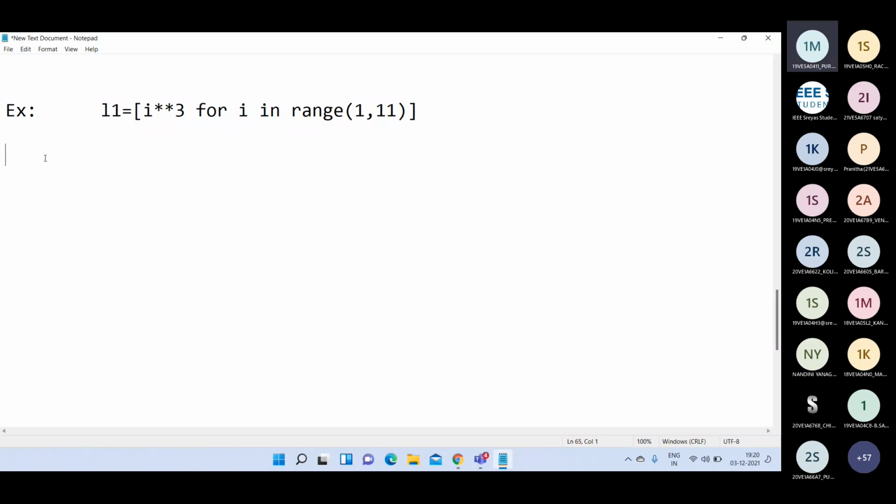That means we can go for the next data structure, that is tuples. This is the second sequence, or second data structure, we are going to discuss.